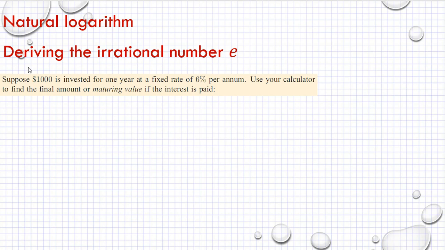In this series of videos, I will be discussing natural logarithm. But before I discuss natural logarithm as it is, I want us to take a common ground so that we understand what we are talking about. And I'm going to derive the irrational number e. Why? It is important because